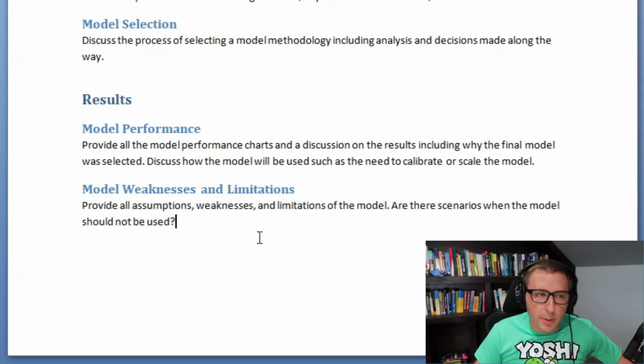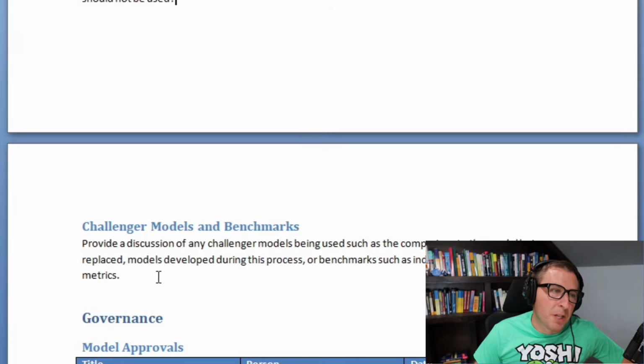And talking about the weaknesses of that structure and design, maybe there's a data weakness, like I just don't have a good way to fill in the missing values, which we'll cover in this video series somewhere. Limitations would be like, I just don't have any data; the data that I need to do this is not available. It's a limitation that we have here. So we'll go through a little bit of that,